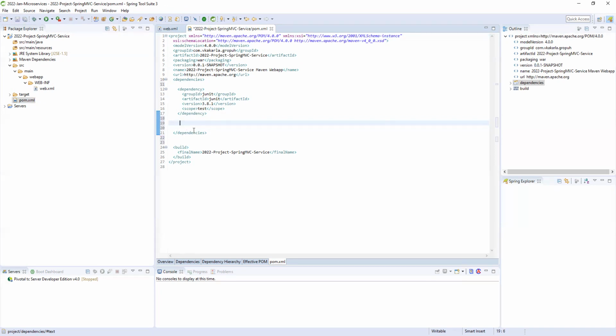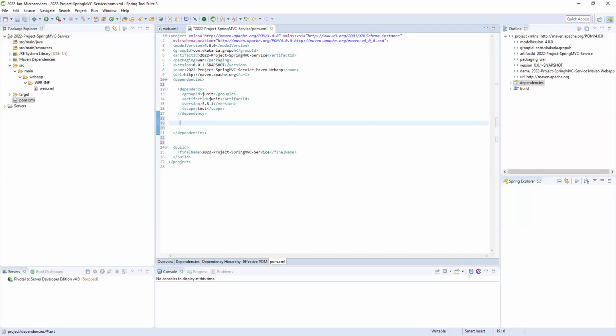These are the configurations we need to do manually in legacy applications like Spring MVC, before Spring Boot, with Struts and Servlets and Spring. Before going to Spring Boot, we don't need to define all these things, but in a Spring MVC or Spring application you need to define each and everything. Then only you will get the runtime environment for your application.